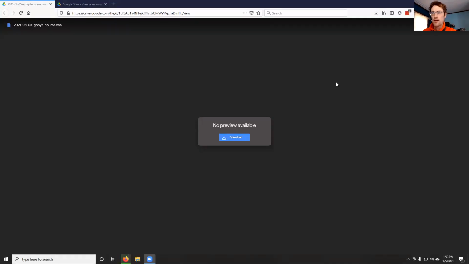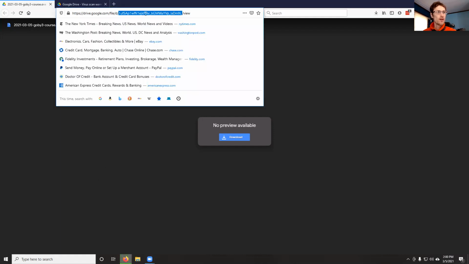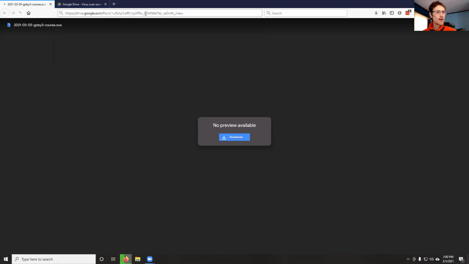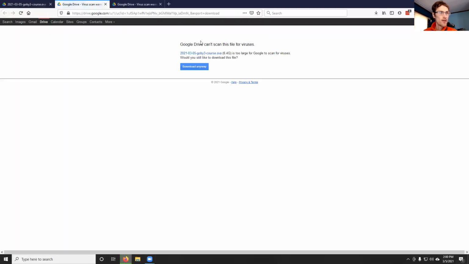Okay, in this little segment, I'm gonna show you guys how to download and install the virtual machine for the course. So basically just open the link that I posted here and it should bring up a download link, and click download. We get this warning that it can't scan this file for viruses, and click download anyway. And then while that's downloading